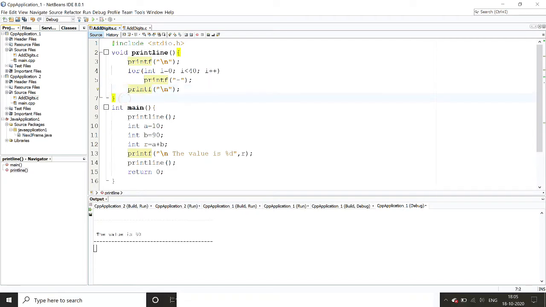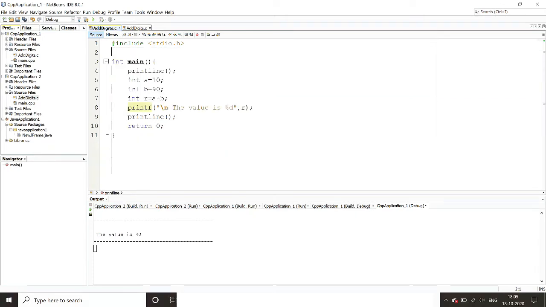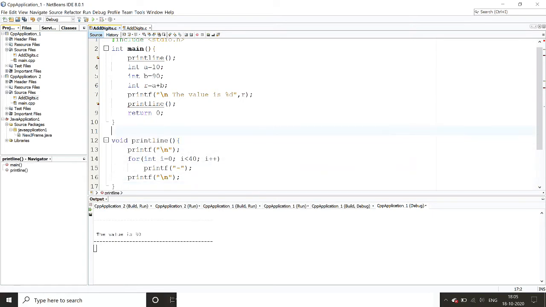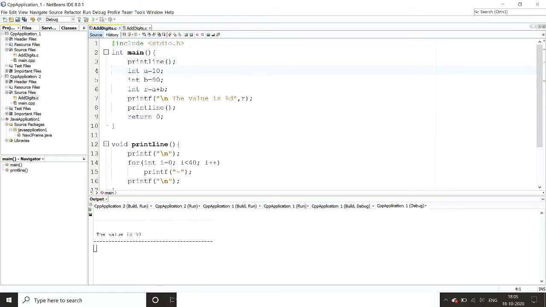Now what will happen, suppose I write this function here after the main, or basically I define the function after calling the function. See, previously I defined the code before main, so I was defining the function before calling it. Now I am defining the function here from line number 12, but I'm calling it from line 3. So it means I'm calling this function before defining it. Let me see whether it will run or not.